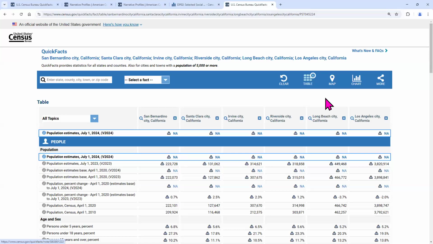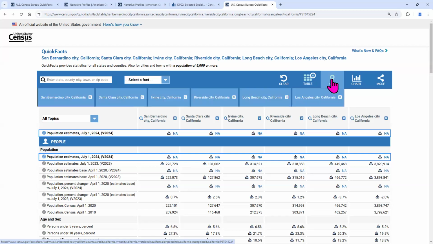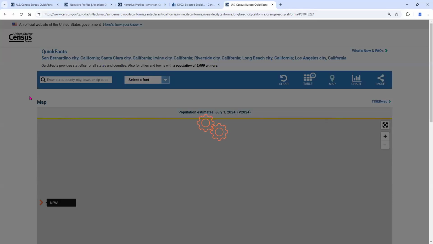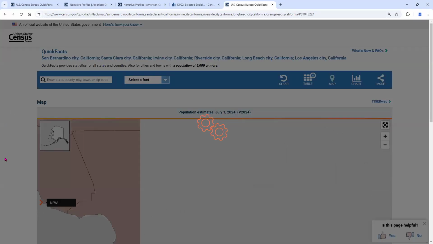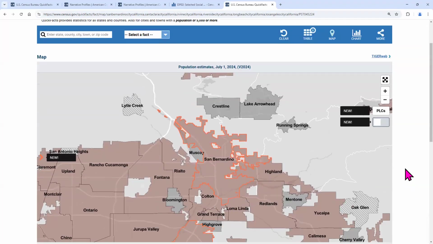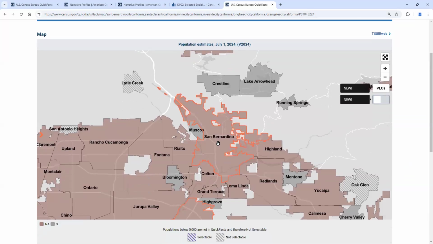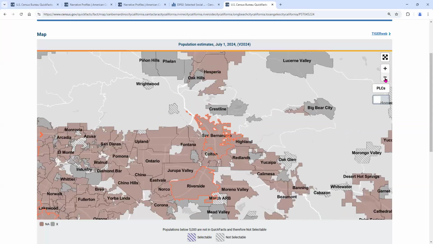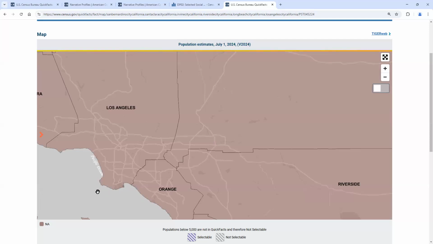One other thing to show you is that you can map this data set by clicking on the mapping feature. If you click on map and just select any of the geographies that you have, it will create a map of that particular selected geography. It will take a bit of time. Okay, so right here is the map. I selected San Bernardino, but if you wanted to, you can zoom out a little bit and it will actually show all the geographies that you've chosen.